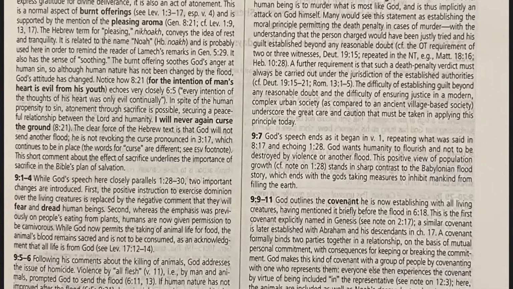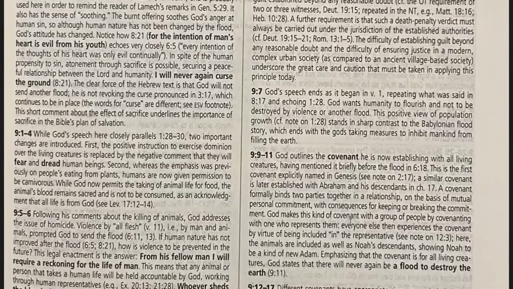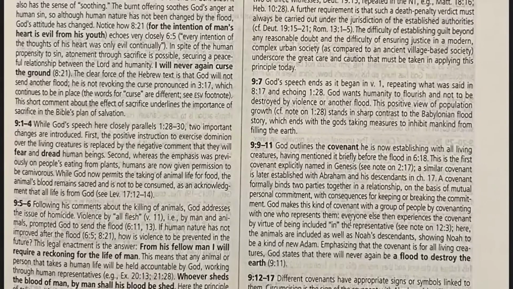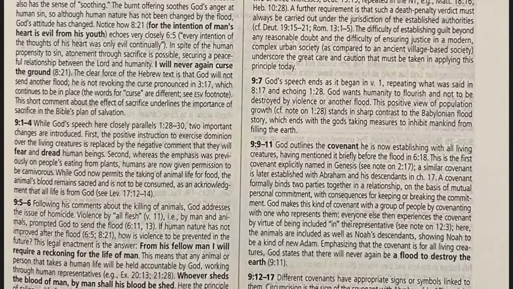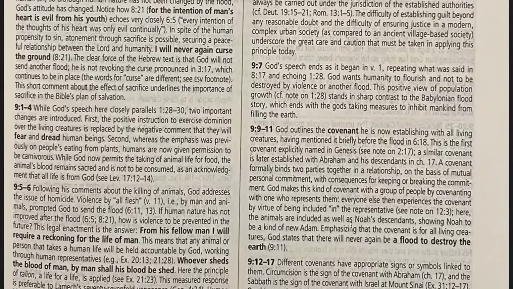Okay. Chapter 9, verses 9 to 11. God outlines the covenant he is now establishing with all living creatures, having mentioned it briefly before the flood in chapter 6, verse 18. Before I get there, real quick, something I found interesting about God holding mankind accountable for taking another man's life. It also says that he will